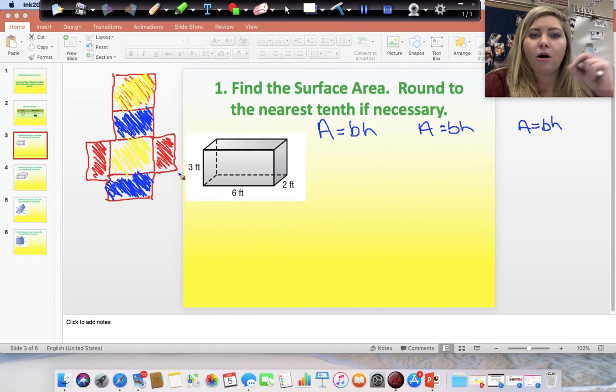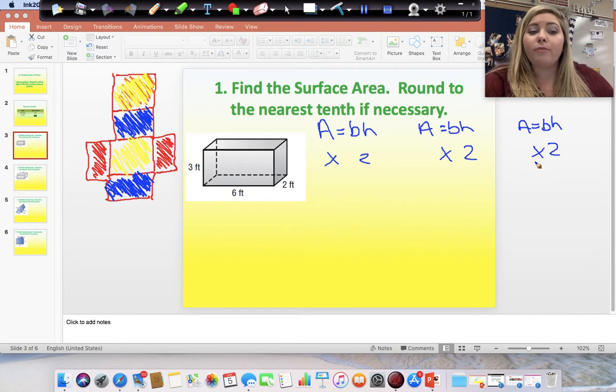The many parts within this should be easy because you know how to do base times height. That's easy. But breaking down this figure to know which base goes with which height is challenging. So to save myself that frustration of having to find what base and height go with what, and then multiplying all of these by 2,